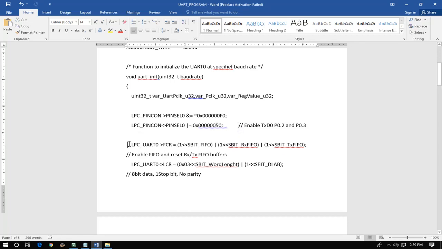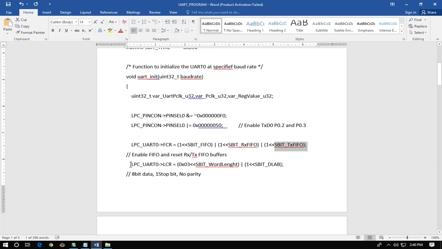Now after that LPC UART 0 FCR FIFO control register bits are set. In this, the FIFO enable bit is set to 1 to enable the FIFO, and then 1 is set for the RX FIFO reset bit and TX FIFO reset bit to reset the RX and TX FIFO buffers and to enable the FIFO.